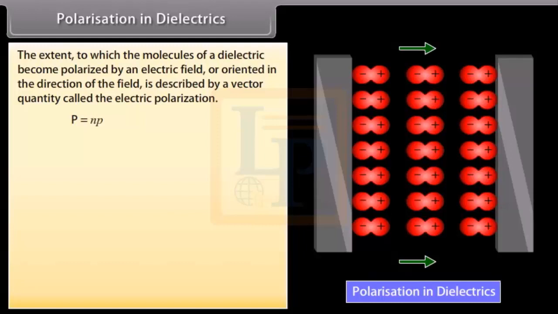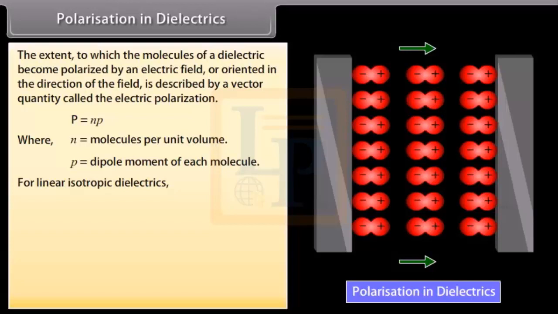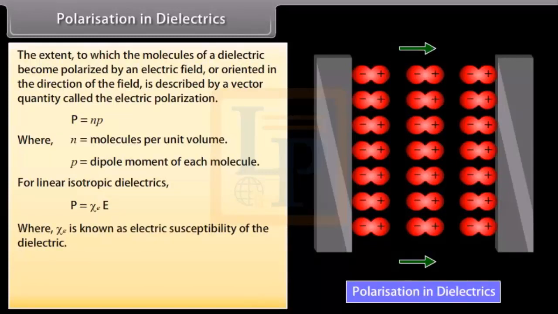P is equal to Np, where N is the number of molecules per unit volume and p is the dipole moment of each molecule. For linear isotropic dielectrics, P is equal to the product of χ and E, where χ is known as the electric susceptibility